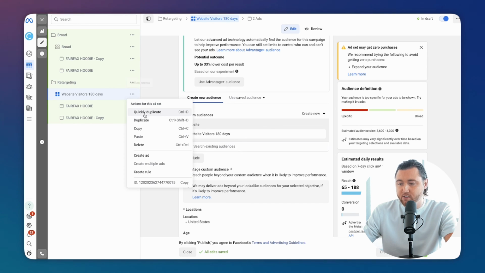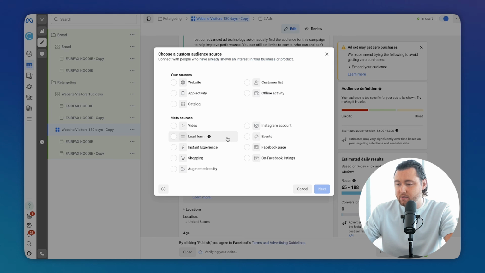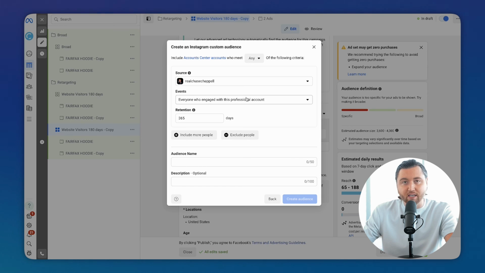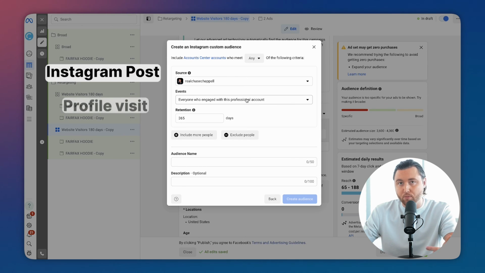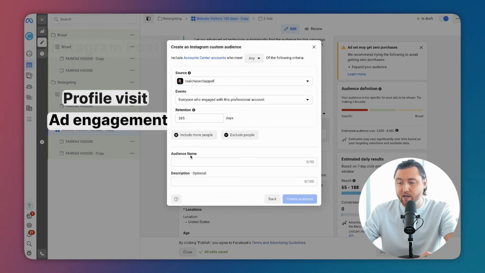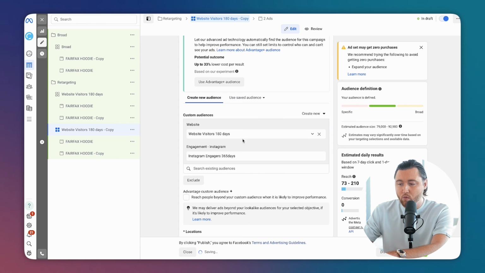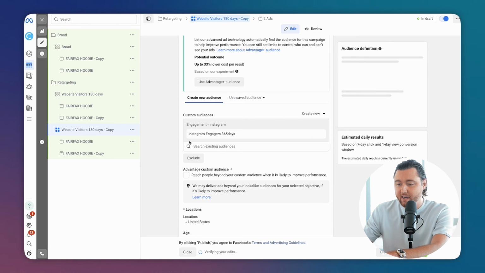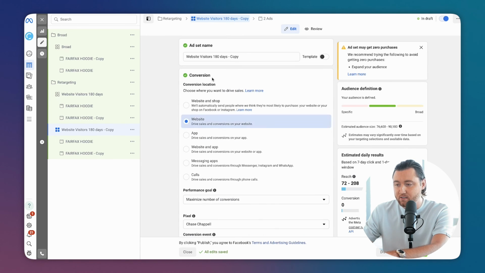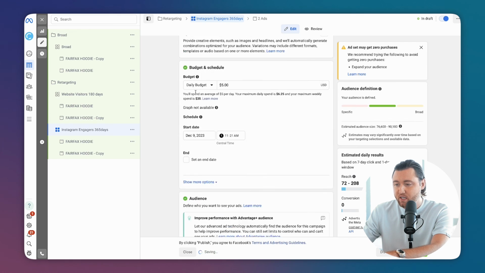Then we can duplicate this once more, and we can create a custom audience and choose Instagram. And we can retarget anybody who's engaged with our Instagram posts, visited our profile, or engaged with an ad in the last 365 days. So this will be Instagram engagers 365 days. Once that's created, we'll want to remove this website visitors 180 day, and we'll simply name this Instagram engagers. And then we can even add in